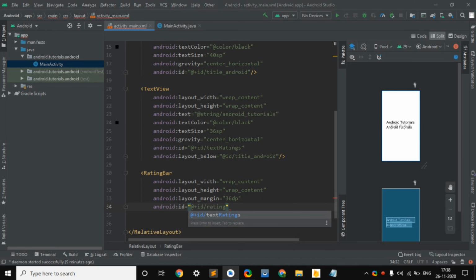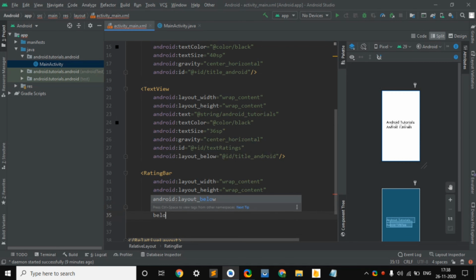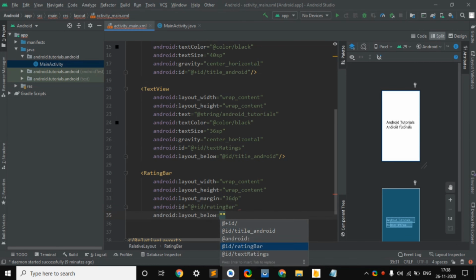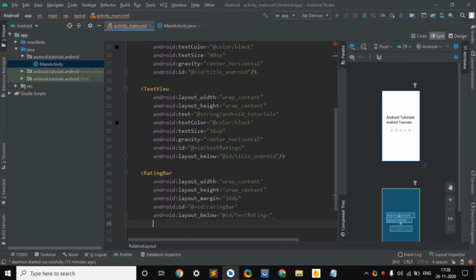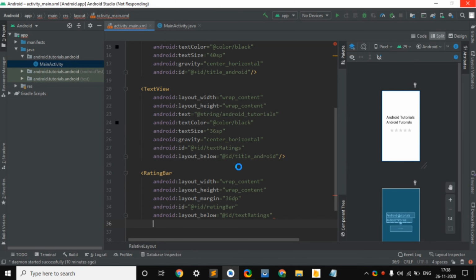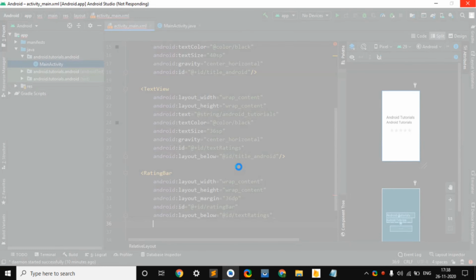We are going to set it to below the text ratings, and after that we are going to set the step size. So here we are going to write num stars, where we are going to give how many stars we want.